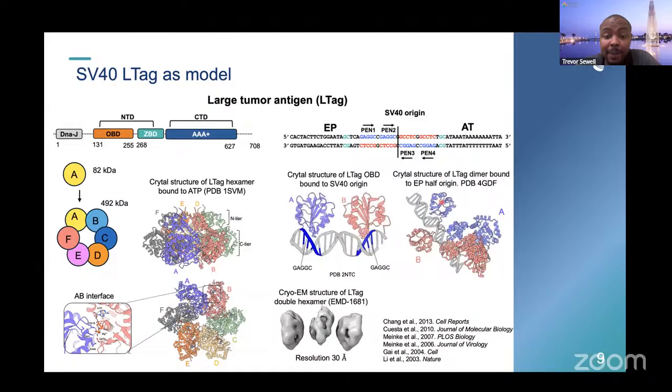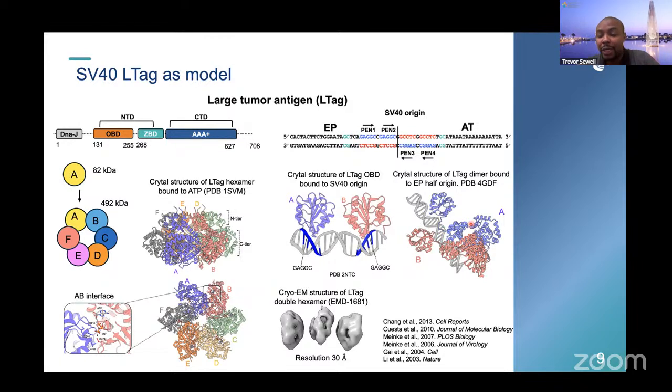And in previous years, several crystal structures have been reported of the origin binding domain, this domain in orange, bound to the SV40 origin with the recognition sequence in blue, highlighted here, showing how this origin binding domain interacts with the DNA. Also, another crystal structure of the dimer of this protein bound to the EP half of the origin, showing how